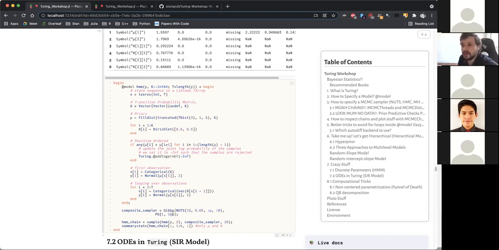I'm telling Turing, okay Turing, for these parameters you are going to use NUTS, which is a Hamiltonian Monte Carlo algorithm that only takes continuous parameters, and for the discrete stuff, please use particle Gibbs, which also tolerates discrete parameters. And this is our composite sampler, and this is the model